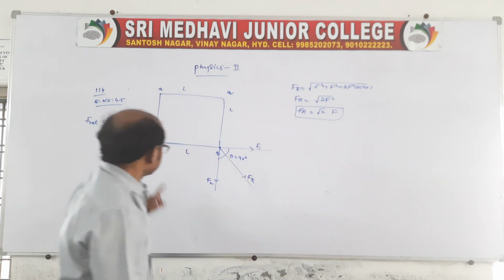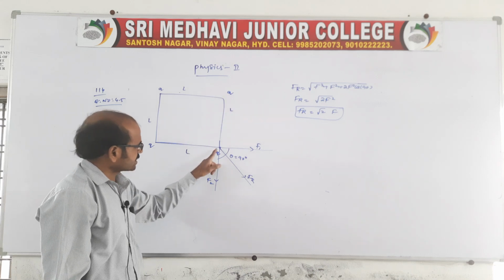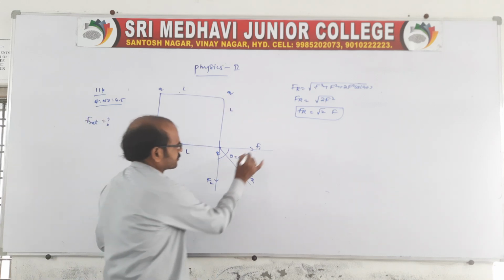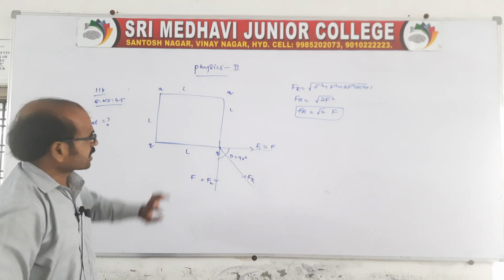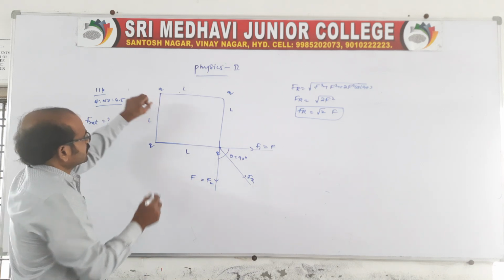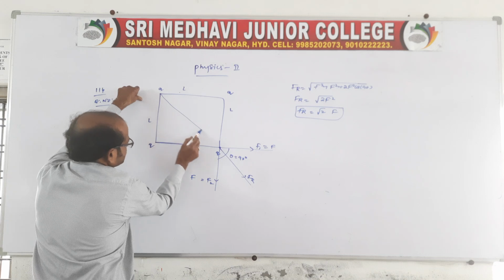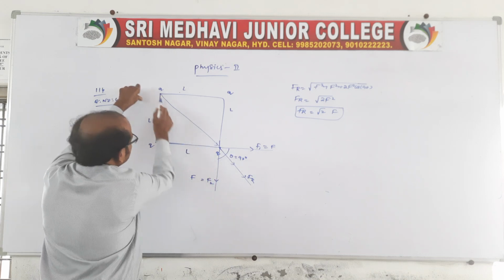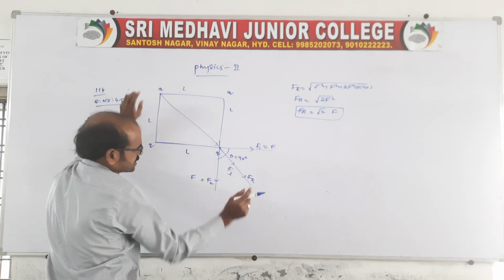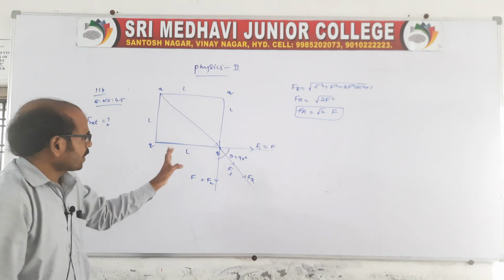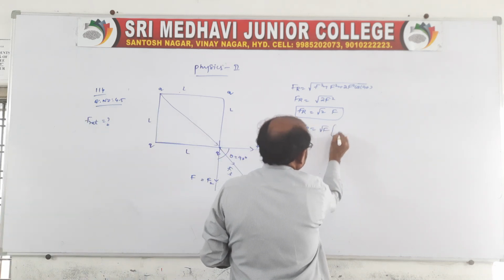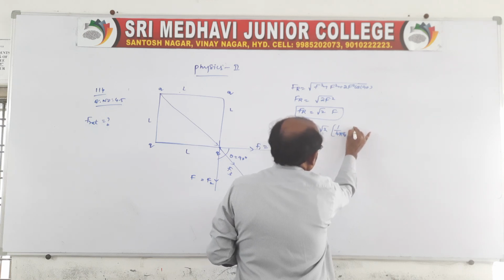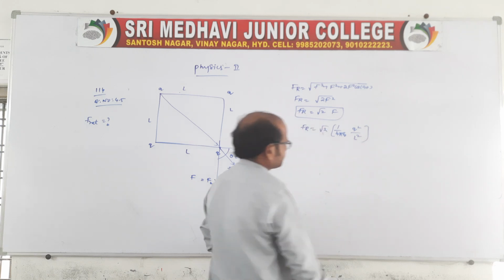See, due to this charge and due to this charge at this corner, the forces acting are F1 and F2. F1 is equal to F, and F2 is also equal to F. And here another corner is there, that is the third corner, and this force is also acting on the same charge. Due to this, F3 is acting in the same direction. And here between these 2, F is there, therefore Fr is equal to root 2 into 1 by 4 pi epsilon naught q square by L square, you write.